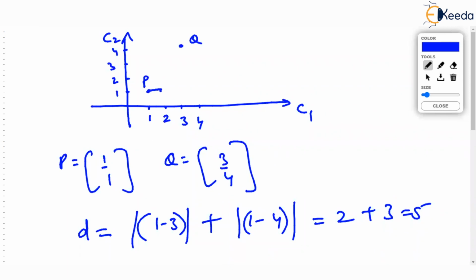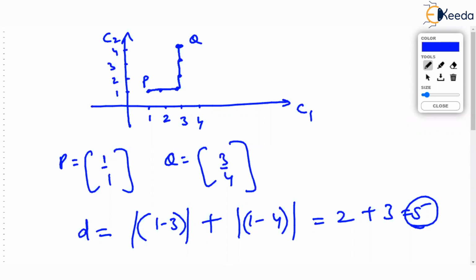Maybe we can check this. First step up to 2, second step up to 3. This point is under 3 here. 2 steps. Then third step from 1 to 2, fourth step from 2 to 3, then from 3 to 4. So you have taken exactly 5 steps from P to Q. Okay. Now you would definitely ask, which formula shall we use? Shall we use Manhattan or shall we use Euclidean in our KNN? The choice is yours.